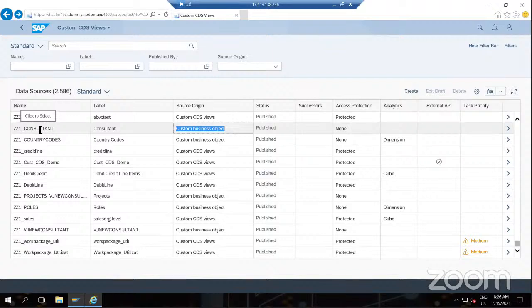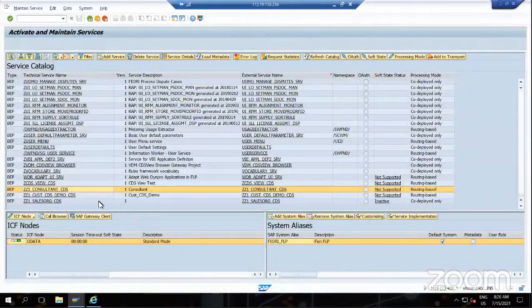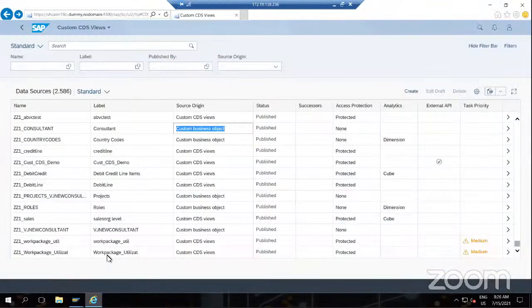But you will have to go to IWFND maintain service and enable it so that you can use it as an OData service. Now let me select one of the CDS views which is activated here. So let me go back to maintain service, and we have the sales org CDS,